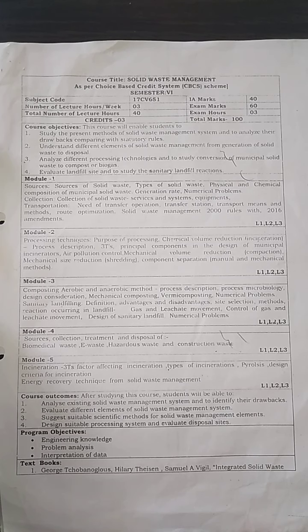Then time, turbulence, now temperature. So whatever the material is there, if we want to burn it completely, or if we want to reduce the volume, some of the materials can be burnt even at a lesser temperature. Okay, so if we give the appropriate temperature, then only its volume is going to get reduced. If we are not giving the appropriate temperature, what may happen is, it is going to burn incompletely, and again it may give the product of incomplete combustion. So this is regarding 3Ts.